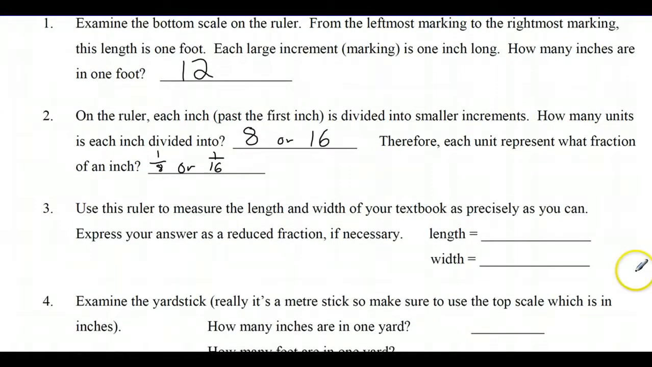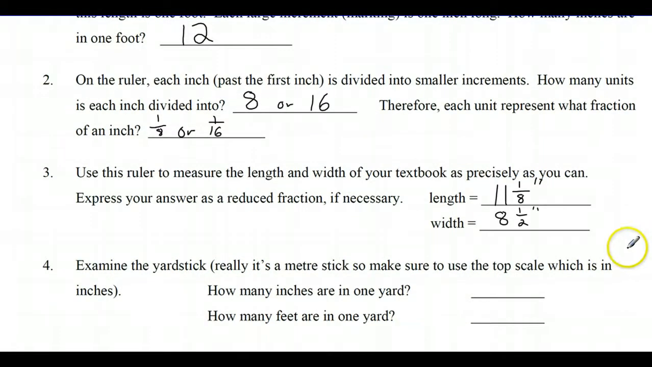Use this ruler to measure the length and width of your textbook as precisely as you can. Express your answer as a reduced fraction. So, in Imperial, we give whole inches and then fractions. So the length is 11 1/8 of an inch, and the width is 8 1/2. And fractions we give in inches will be eighths and sixteenths and quarters and halves, all powers of 2,